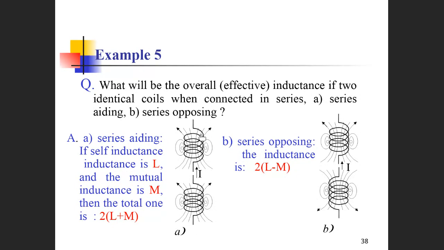Coil 1 has a self-inductance L. Coil 2 also has a self-inductance L, because they're the same, and the mutual inductance between them is M. When these two coils are in series, the total inductance is 2L plus 2M,